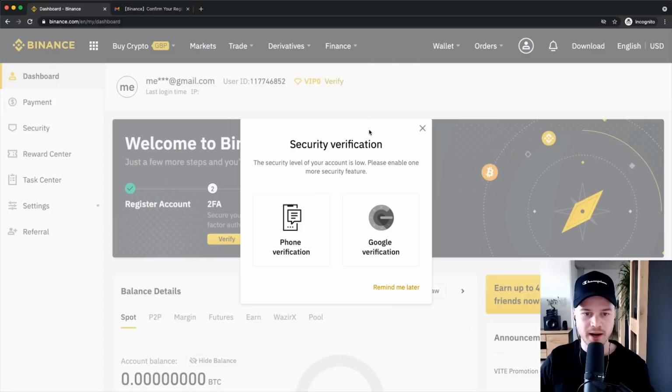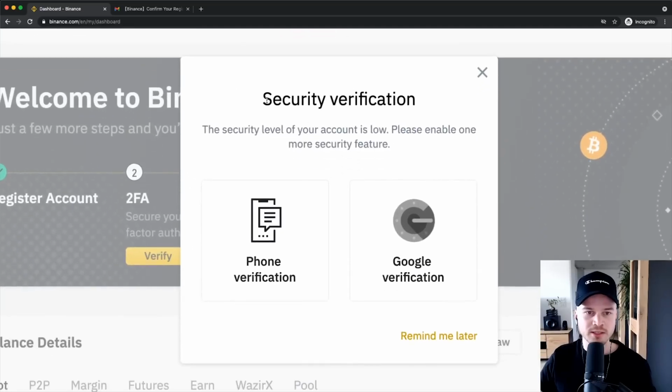Then we get to our Binance account, and the first thing that Binance wants us to do here is increase the security level of our account by adding two-factor authentication. What that means is that in the future, when you want to log into your Binance account, you're not only going to have to enter your password, but you're also going to have to enter a one-time code that you'll be getting on your mobile phone either via text message or via the Google